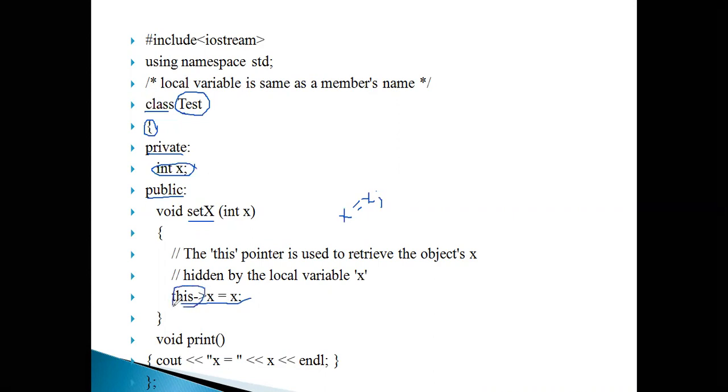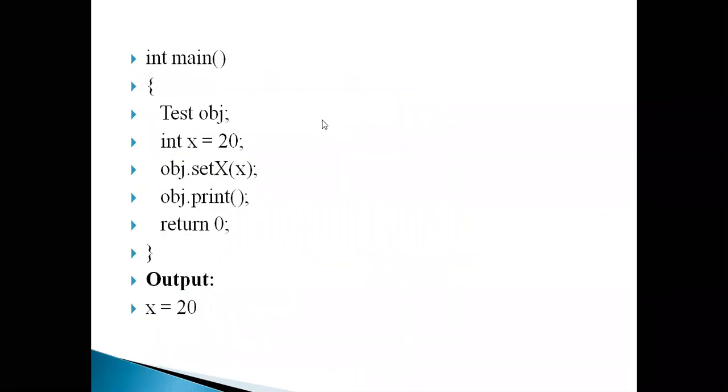This is the implicit invoking. this->x = x. Then I am printing the x value by means of the print function using cout, x = and the value. Whatever value I pass here will be assigned by the statement this->x = x. Then close the class with a closing brace and semicolon. This is the function used to assign a value to the private member by means of the this pointer. Then come to the main function.